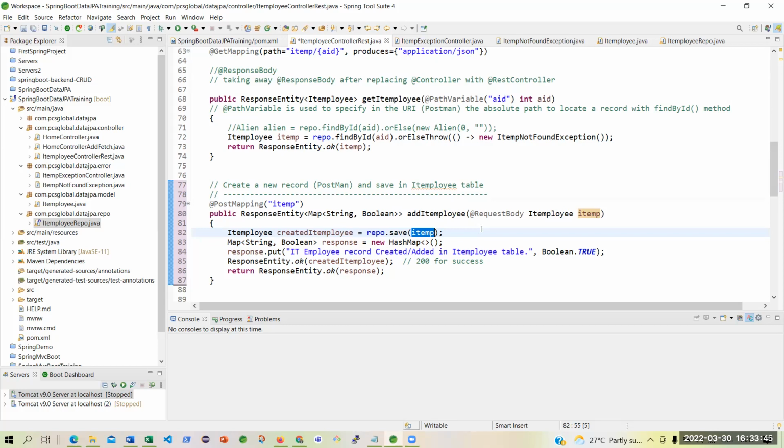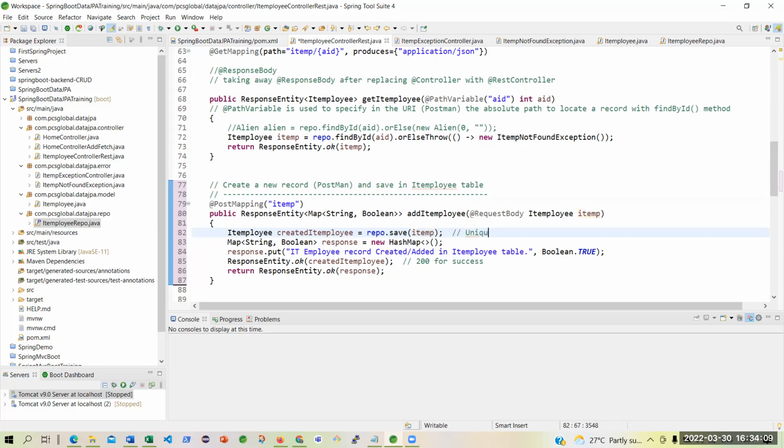Let the employee ID or the AID be automatically generated, and that is how we have designed our database. That means you shall never enter the auto-generated ID, because otherwise you may get an error,